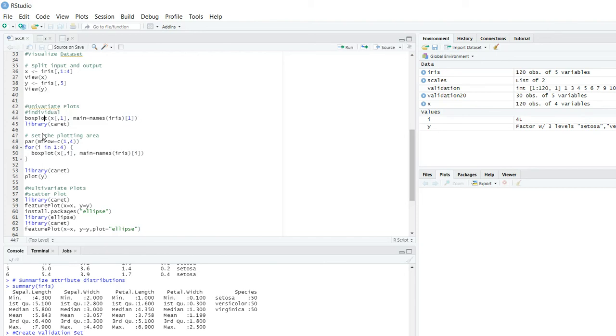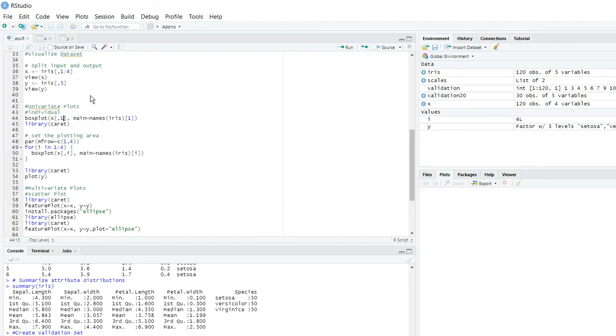Here you can see the function used is boxplot, and because we are going to plot for an individual attribute, from the input array we are going to plot the box plot for the first attribute, which in this case is sepal length. So x comma x[,1], main is equal to names, we are giving the name to the plot.